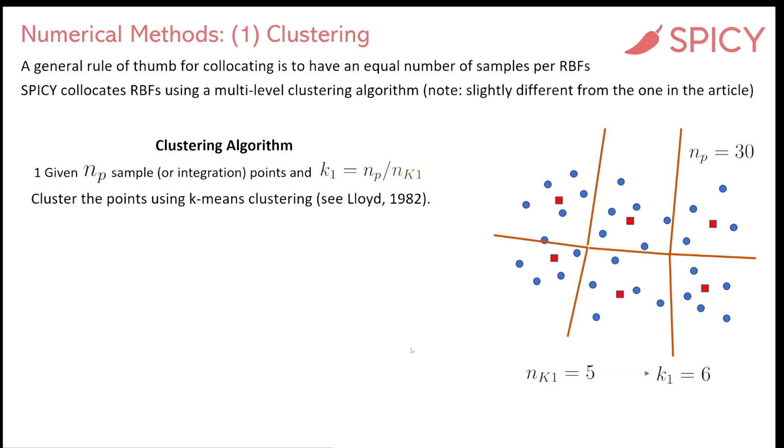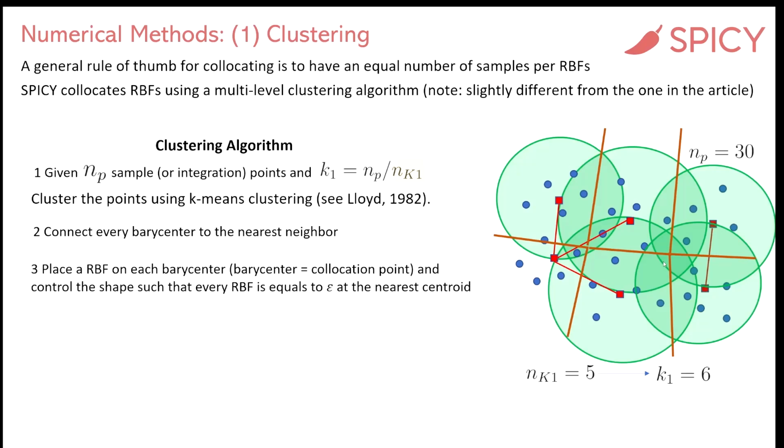The next step will be to connect these barycenters. They will be used as collocation points, and the size of the bases will be based on the value that each RBF will have at its nearest centroid, at its nearest barycenter. Okay, and the value that defines this is what we call here the epsilon. So let's say that I say, for instance, that epsilon has to be 0.5, then say this RBF has to have a radius equal to a value equal to